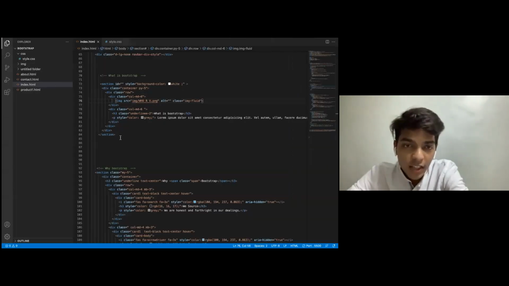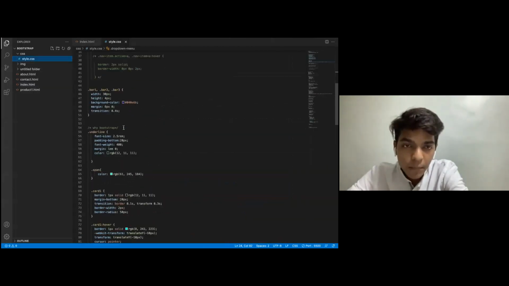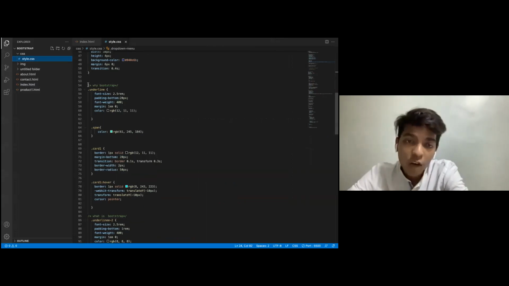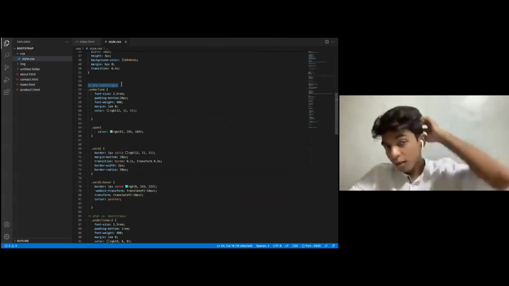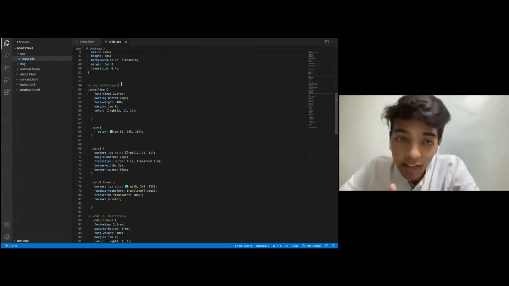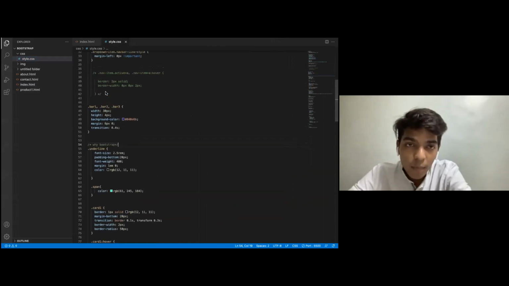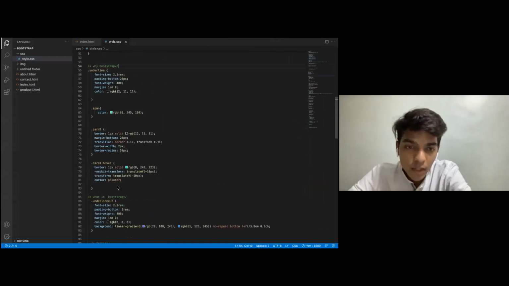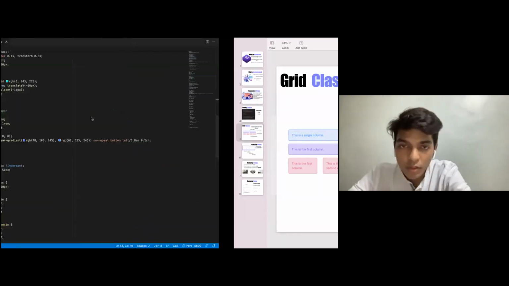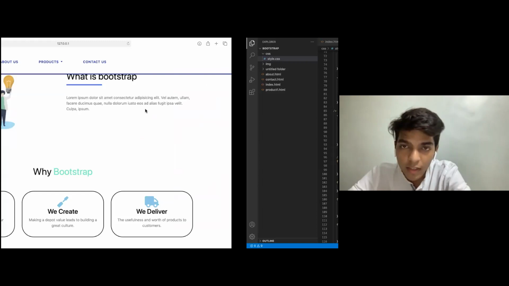So in the style sheet, I also comment out my parts in the style sheet, so that we can bifurcate what classes are used where and what things we are using and where. So underline was for what is Bootstrap, right? Yeah, it is what is Bootstrap.